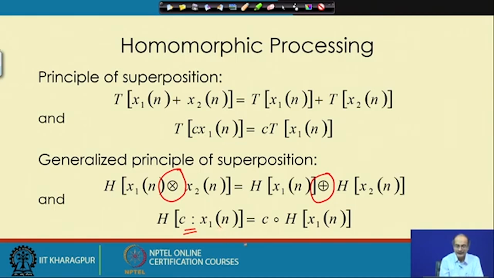After the transform, a new operator comes in its place, between the scalar and the vector in the range space, that is the mapping of x 1, and the same relationship exists there. The only thing is the operators are different in the two spaces, but structurally it is the same as the principle of superposition. So, that is why we can call it the generalized principle of superposition,